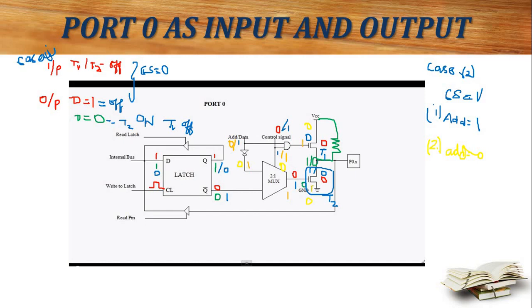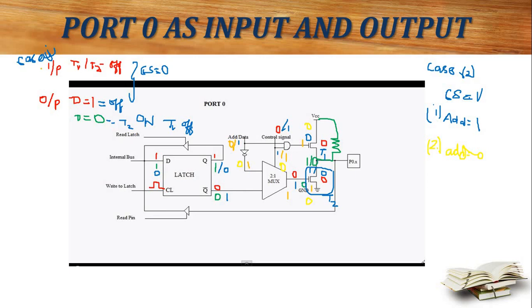And here also 1. Both the transistors are in an on state. If it is in on state, it means it is a closed circuit, so current will flow from this side. Once the current flows, it will produce a voltage of plus 5 volts. This transistor will go to 0 potential because it is connected to the ground. Only this transistor will produce a voltage. This is port 0 as input and output.